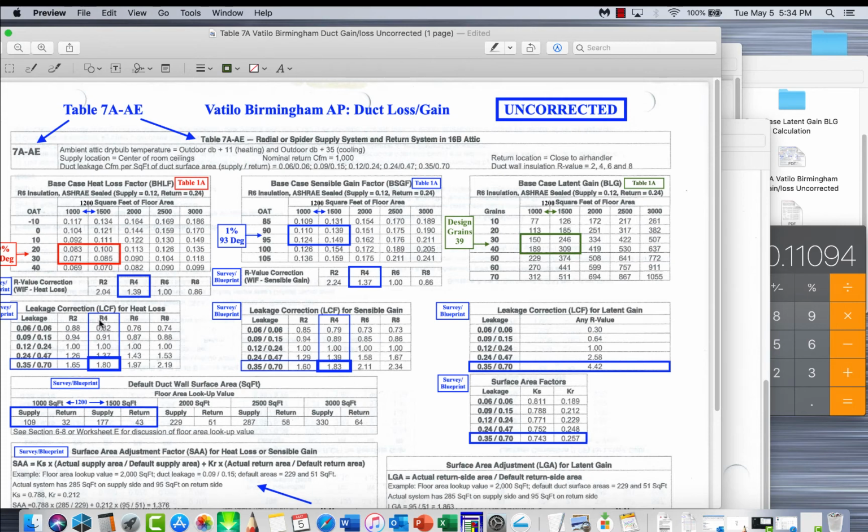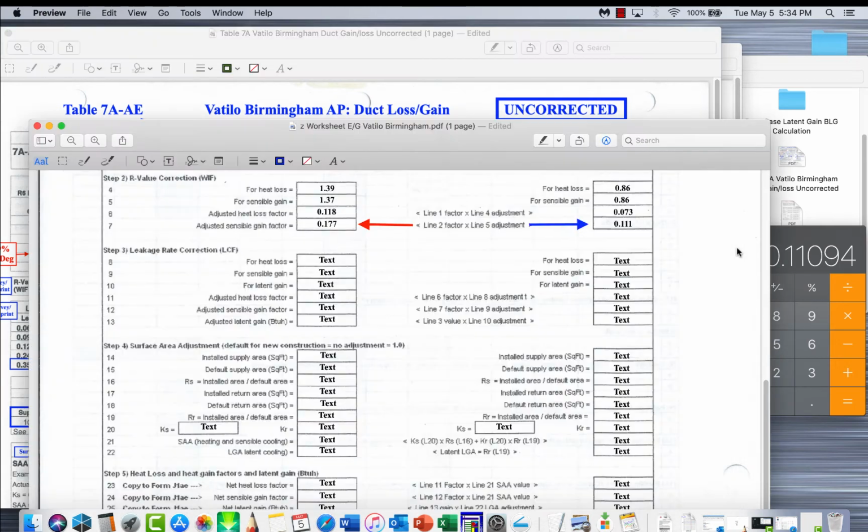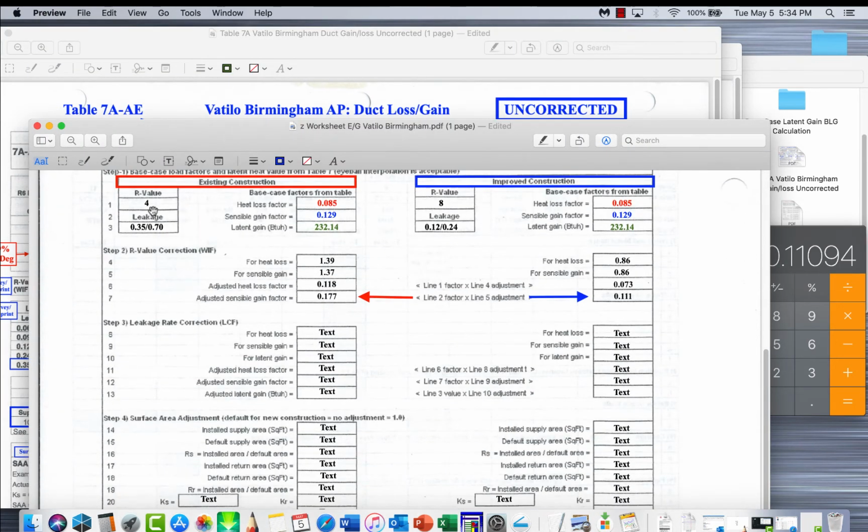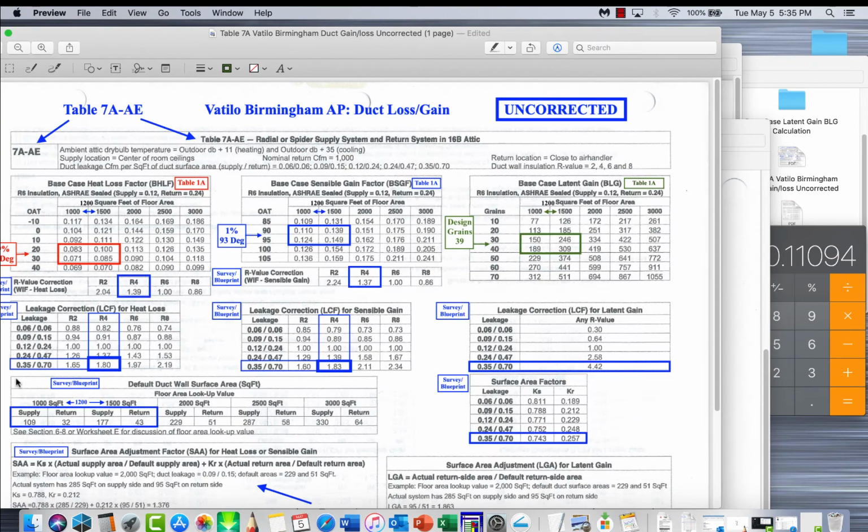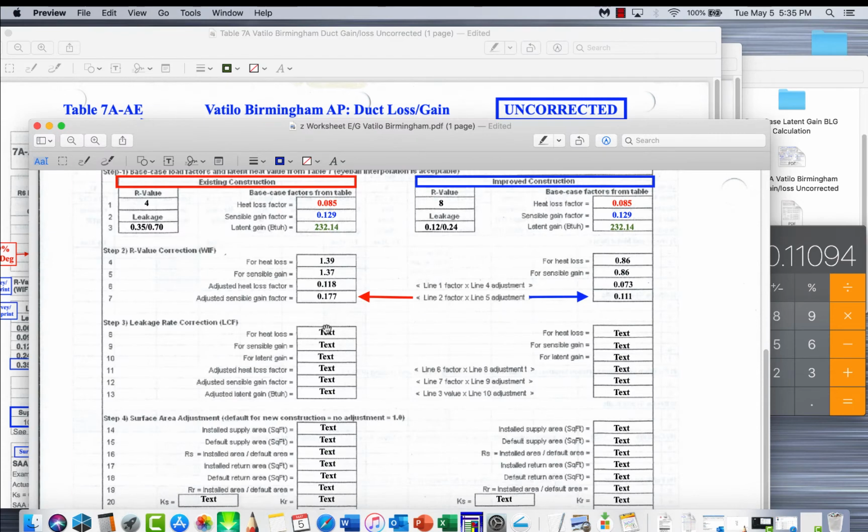And of course we're going to go R4 with 0.35, 0.37 because that is our actual leakage. So we're using R4 insulation. Our leakage was 0.35 and 0.70. That's our leakage on our supply and return. So where these two intersect, that's going to be our number right there, 1.80. So for line number 8, 1.80, and I'll put 2 zeros there because I got 3 digits up here to try to keep everything more